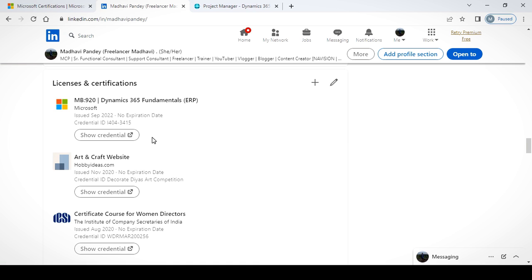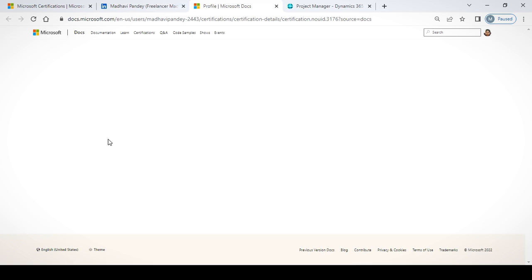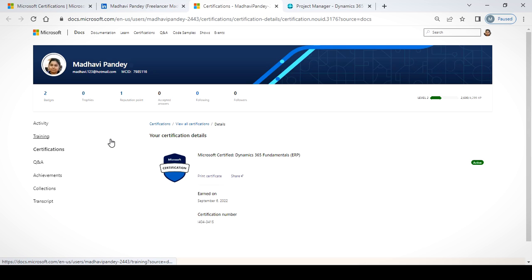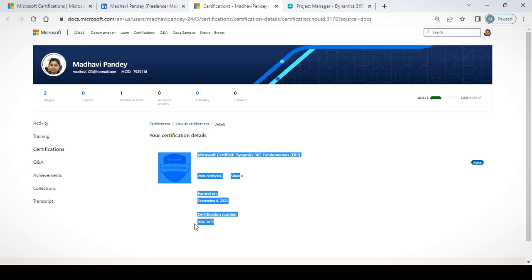And if you want to check whether this is connected with my certification profile or not, you can click on show credential. With your login ID, you can see my certification details, only this section. In this section you can check the exam name, the certification name, the certification issue date, earn date, and certification number. So this is the thing you can check, and this is active